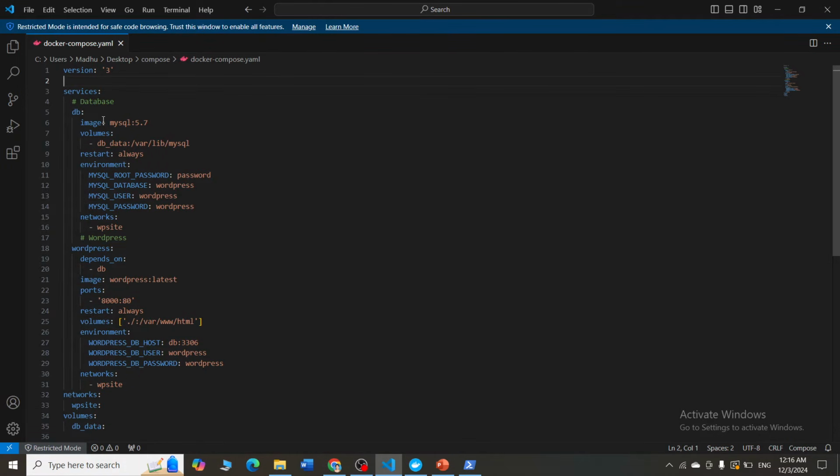The first thing is the database, which is called MySQL here. You're giving the version 5.7. If you're not giving any version here, it is going to take the latest image of MySQL. Then you are giving the container name also. I'm naming my container as mysql_container. After that, you are giving the environments. You're setting the environments, the root password, the database password, user password, and all. So all these passwords you are giving in the environments, right?